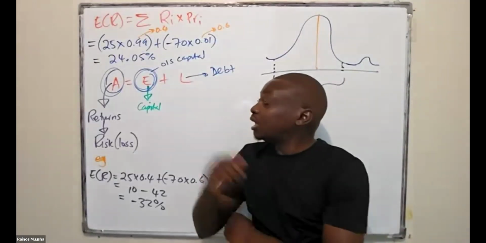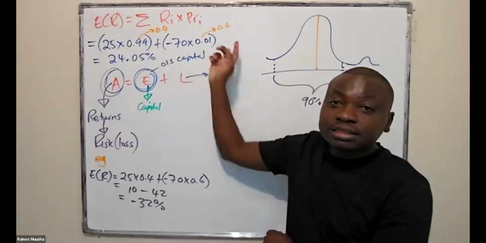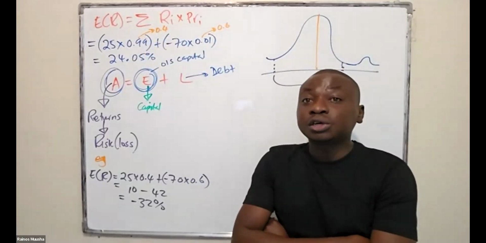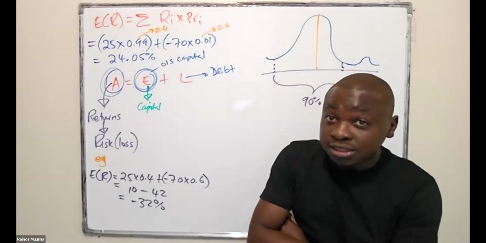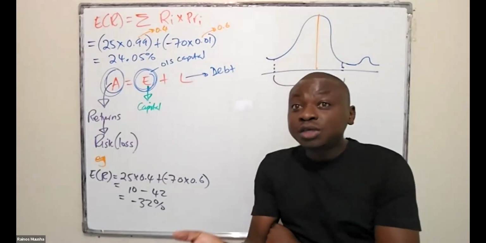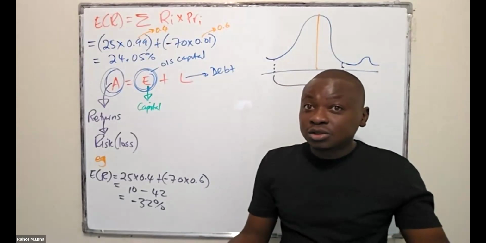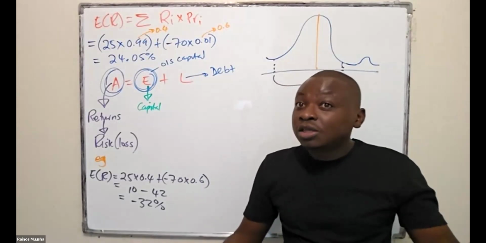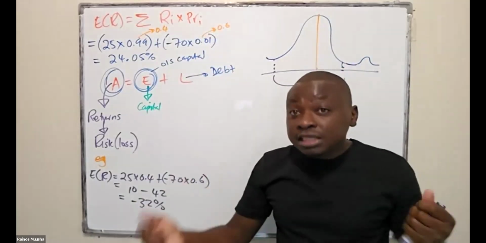Remember, it all depends. I'll answer the second one, right? Remember, these probabilities are very much dependent on historical data. So it also depends on exactly how much historical data you are using as an example. If you use 1 year or 2 years of data compared to using 15 years of data, you will see that in some cases, the probabilities that you end up allocating might be very different as well.